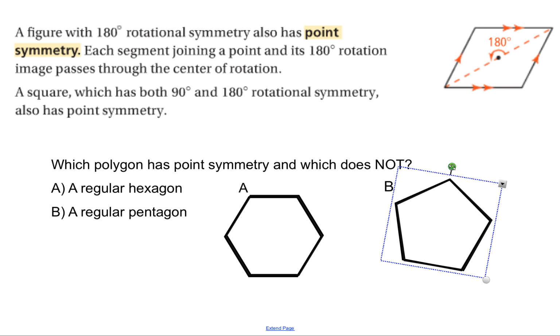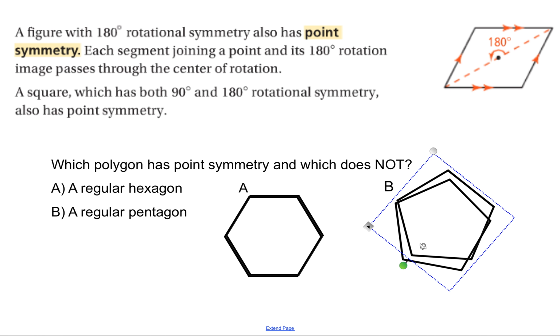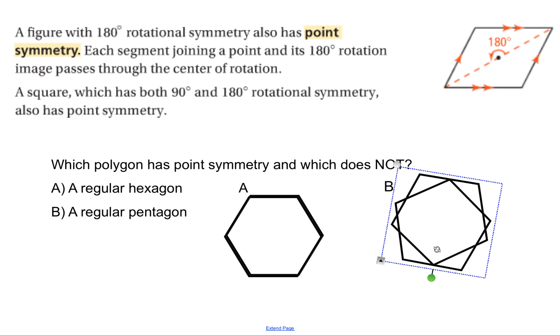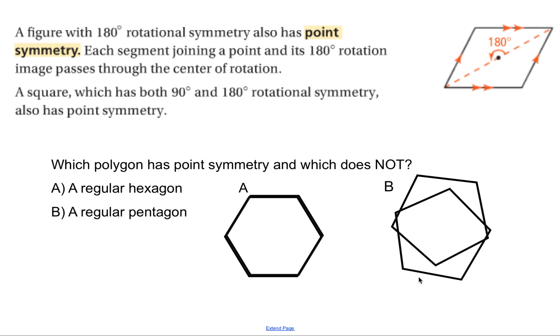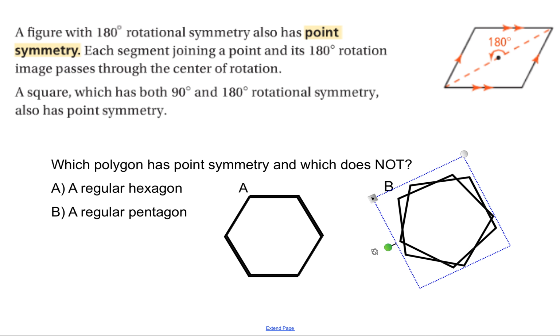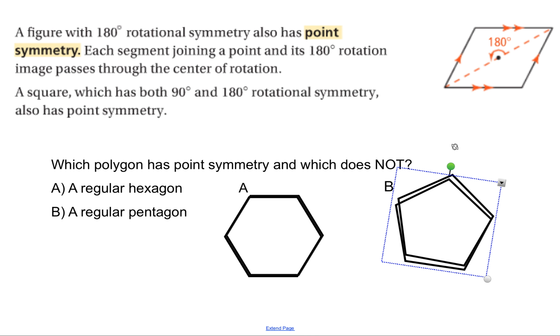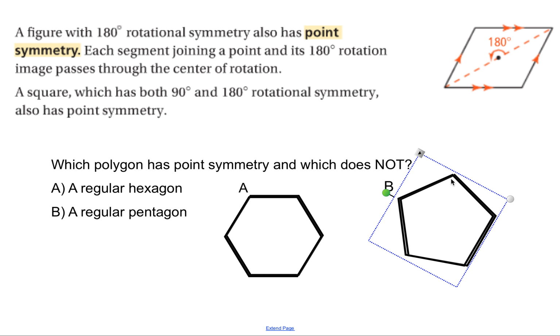I'm going to rotate this 180 degrees, and does it map onto the regular pentagon? Well, no, it doesn't look like it does. Right? So a regular pentagon does not have rotational symmetry, because if I rotated this 180 degrees, here it is, the regular pentagon, the one I started with, and then when I rotated 180 degrees,